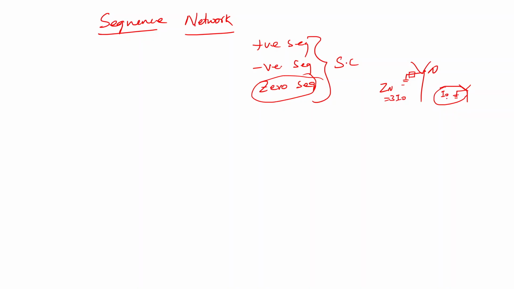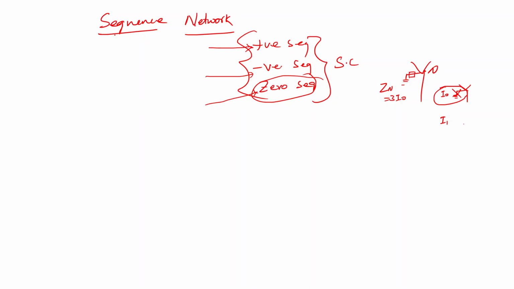I have a path, and I1 will never flow in this neutral point. It will never flow, and it also never flows in the negative sequence. I1 will only flow in the positive sequence path. So there is a different path for each and every piece of equipment in the power system. So how to get that network? For positive I am going to draw separately, for negative separately, and for zero separately, or I will take them out separately for the different sequences.